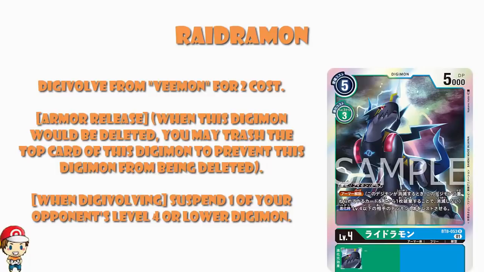And when you're Digivolving, you may suspend one of your opponent's level 4 or lower Digimon. This is clearly a green skill. This is what green Digimon do. It's not stunning because it's only level 4 or below, but it's still a very useful skill. It's going to be really good in a bunch of matchups. It's not always going to work. There's not always going to be things that you can suspend, and that's really sad. But in times when you can, this is going to be a